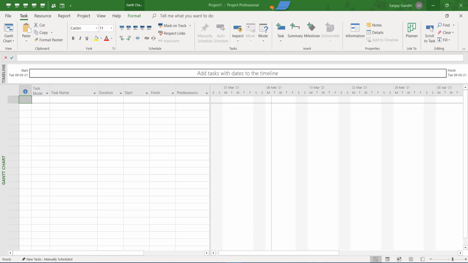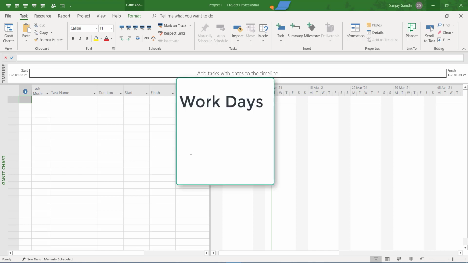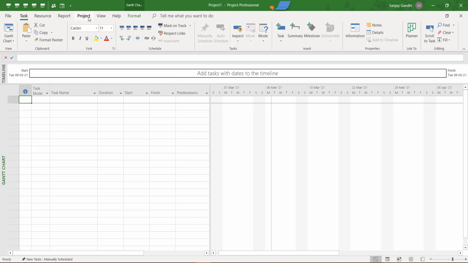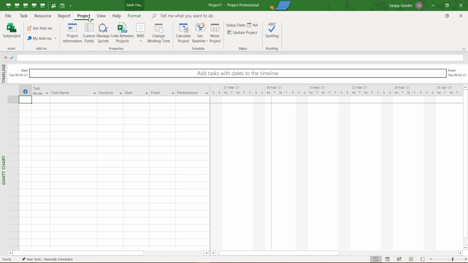The very first thing that MS Project should know about any project is your calendar days. What are your work days available? What are the company holidays, for example, and what are the weekend days available, along with the workday times. To set up the calendar for the project, we should go to Option, Project, Change Working Time,